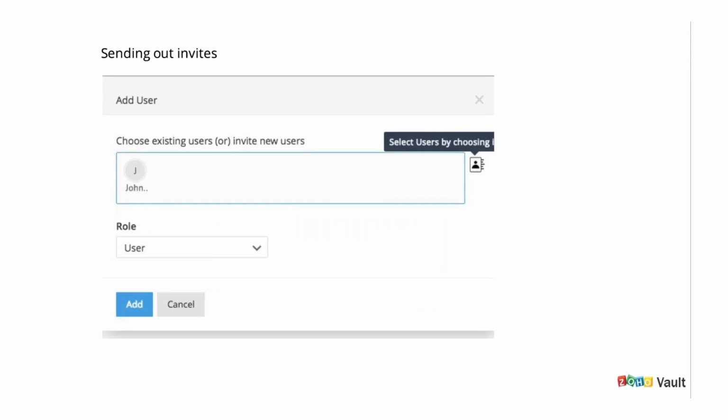You can invite users under your Zoho One org, or you can even go ahead and invite new users. There are different ways in which you can add users onto your Zoho Vault. We have integrations with Office 365, G Suite, Microsoft AD, Azure Active Directory, and much more, which we'll see at the end of this session.